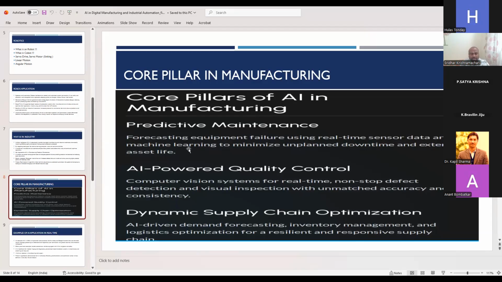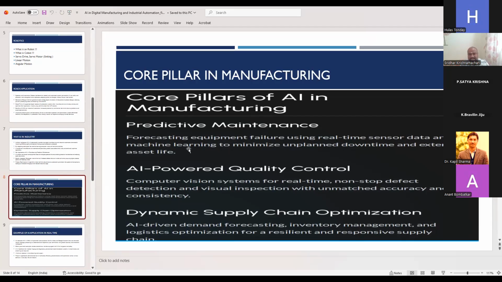Suppose the machine stops due to maintenance, the trigger will go to the maintenance department automatically, and the person comes and attends. The time duration taken and the activities he has done, everything can be fed into the system. Through a tab itself we can feed, and the final compilation and root cause analysis also can be done. So one is breakdown maintenance or reactive maintenance, which is after the breakdown happens. And the second is preventive and predictive.